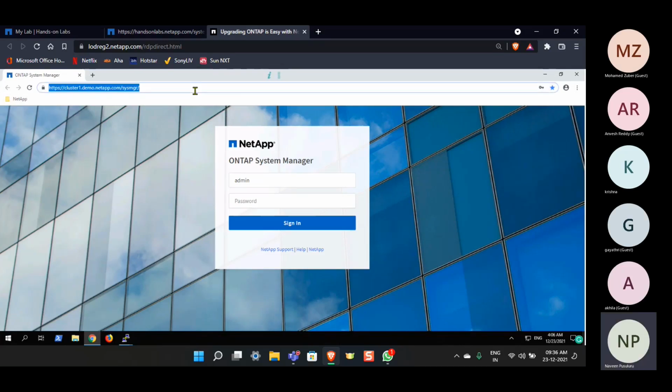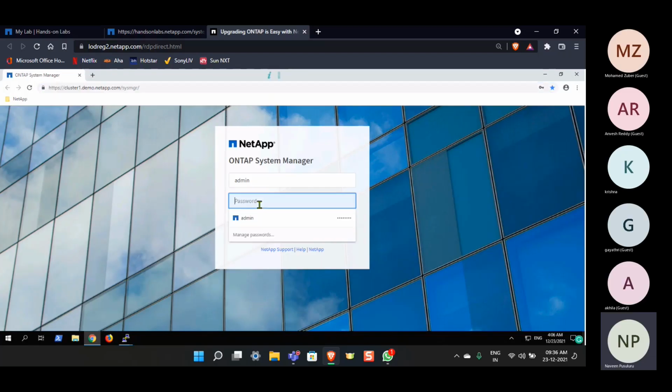You can do the ONTAP upgrade via command line, or if you want, you can do it through System Manager as well. It is pretty simple. If you do it through System Manager,